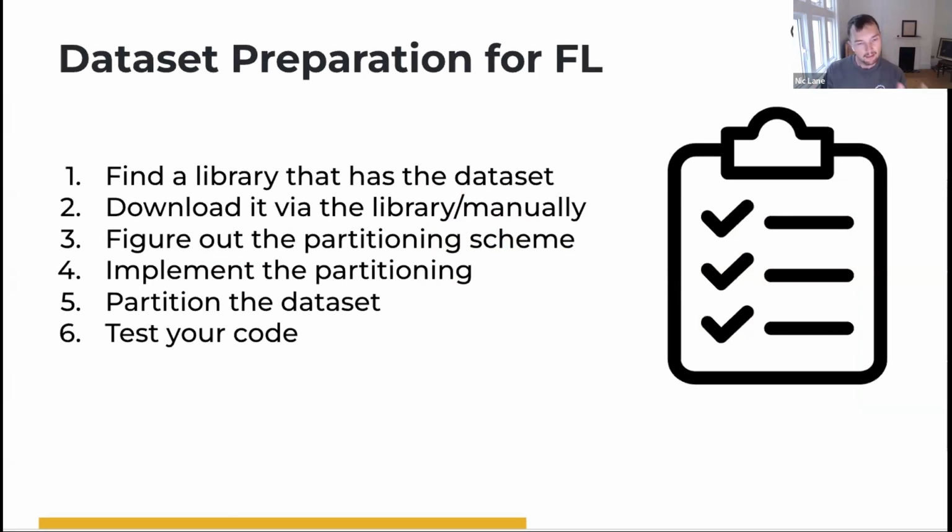If you want to do a federated learning experiment, you have to go through a series of manual steps whereby you find the dataset that makes sense for your experiment or your proof of concept. You have to download it. You need to partition it in a way that makes sense. And there's many of these manual steps. And we found, talking to researchers and engineers, that they were all repeating all of this work, and it was causing not only a slowdown in the speed of the work, but also errors. Because a lot of this work, if you get it wrong, can really skew your results dramatically.